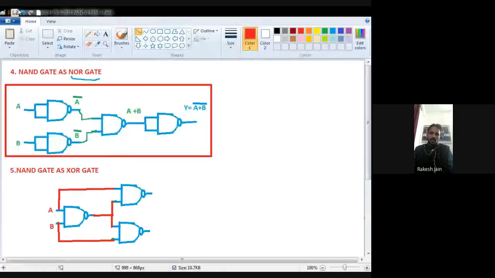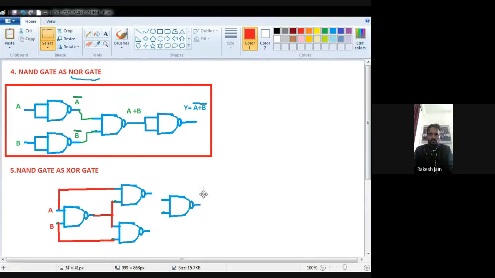Okay, see very carefully. There are two inputs of the first NAND gate, one is A, one is B. This A and B input are also connected with one input of the second NAND gate and the third NAND gate respectively. The second input of the second and third NAND gate is connected with each other, then finally connected with the output of the first NAND gate.